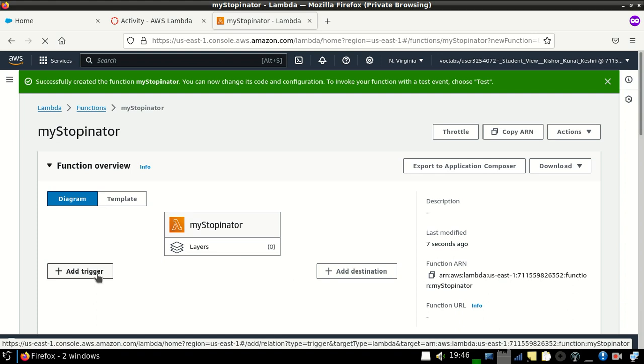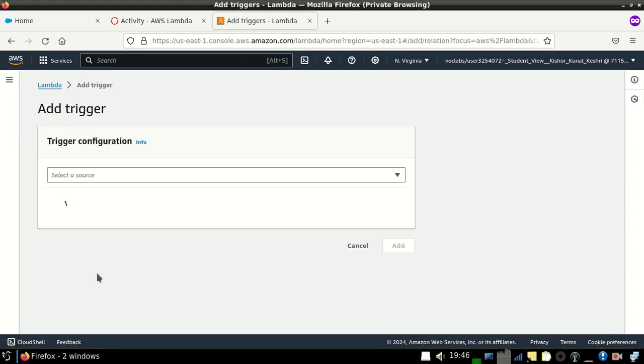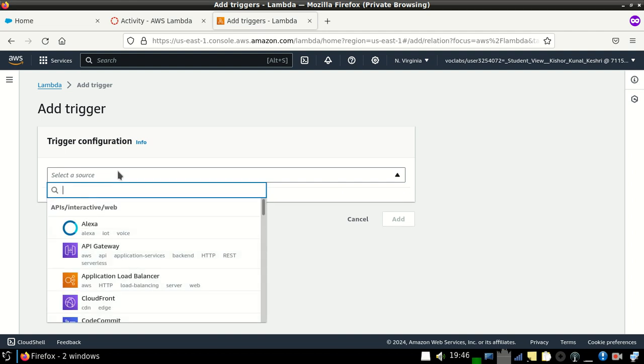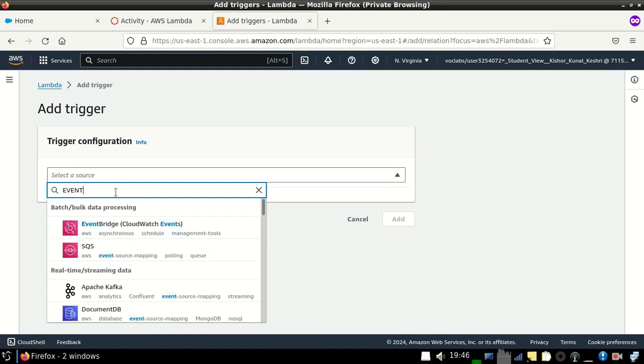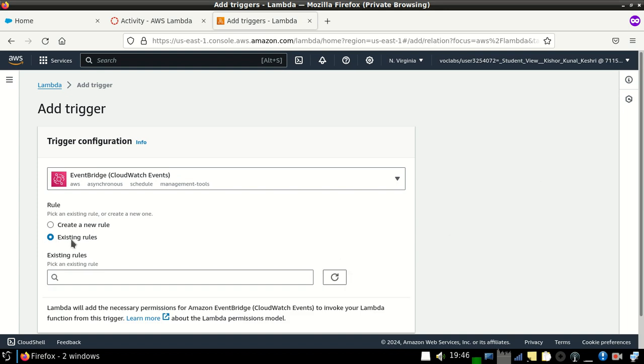We need to add a trigger. Now select this, and right here EventBridge, and select this. Wait some time. Yes, here click on create a new rule.